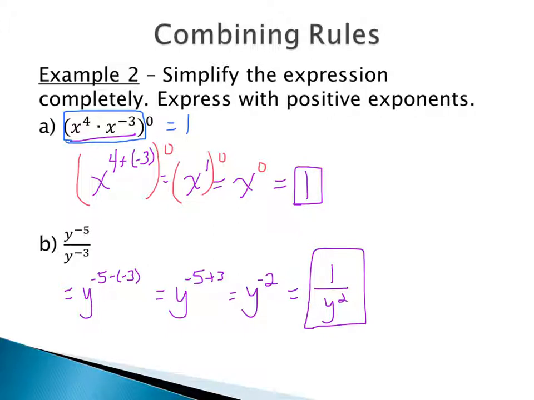You can actually start from the beginning of part B with flipping it over and saying, okay, y to the negative 5 would bring it down to the denominator as 1 over y to the fifth. Y to the negative 3 would be flipped over to the numerator, and then that way you would have y to the third over y to the fifth. But what you'll do is you'll end up using your quotient rule, and you'll get that y to the negative 2 either way. So it's my suggestion that you just start off with your quotient rule no matter what.